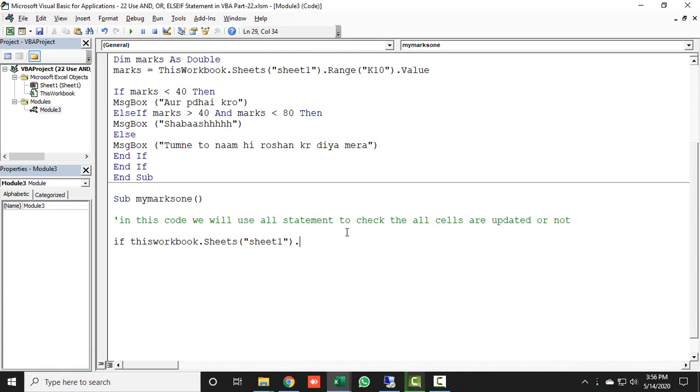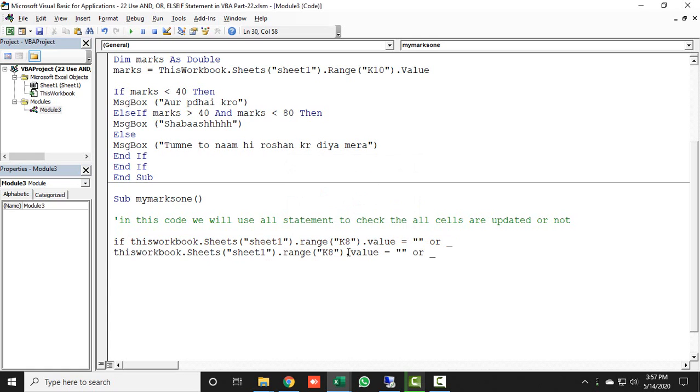Alright, then range, it means in which range the data is mentioned over here. So the first one is K8, close the bracket, then dot value, because we want to put any value, is equal to, if this cell is blank, then what we have to do. I will just press the underscore button in this coding so that our next line will be continuous of the upper line. Alright, and now I will just press Ctrl C to Ctrl V to repeat the same activity.